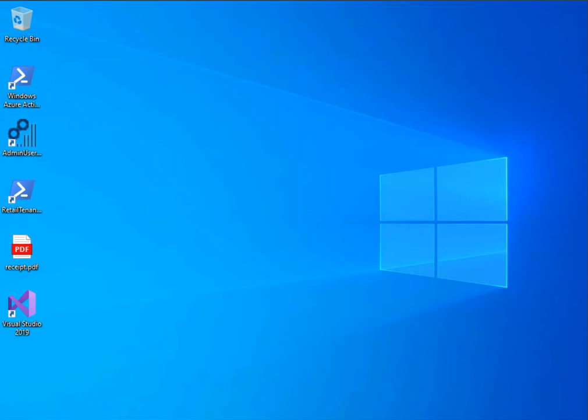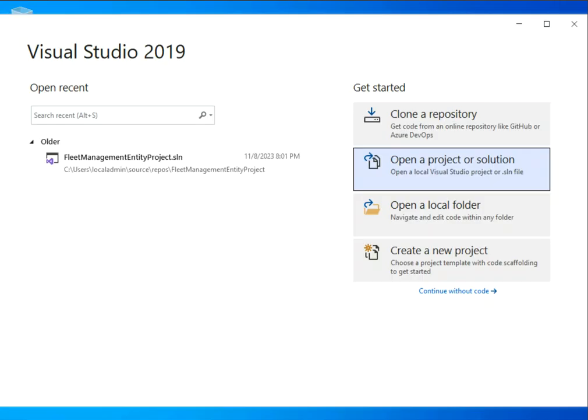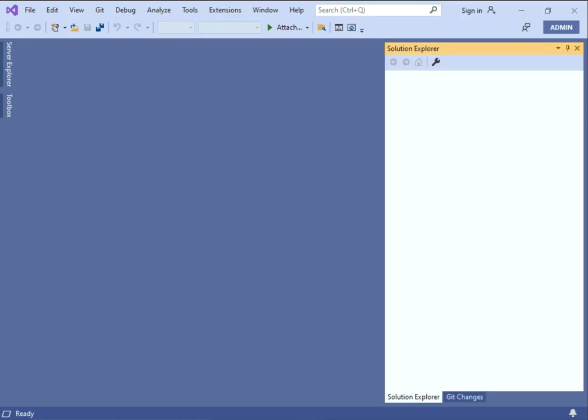So first we will open Visual Studio. I hope everyone has Visual Studio in your system. Once you run Visual Studio, you will create a new project, but we will choose to continue without code. Click continue without code. Once you have this window,